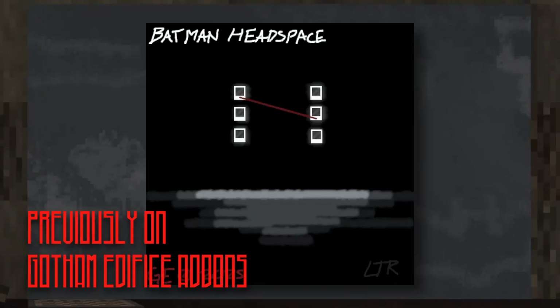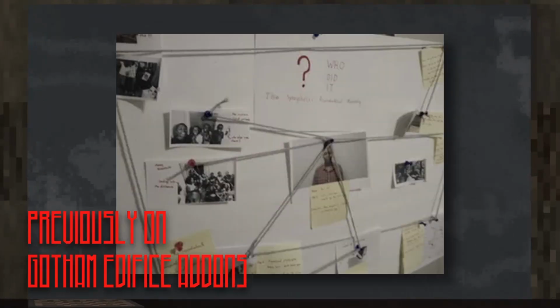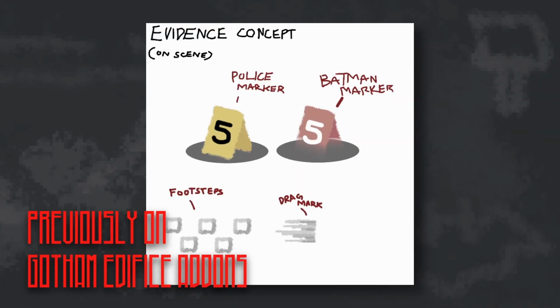So here you can see we wanted to make pieces of evidence with strings between them, just like you'd see on any stereotypical detective's board. There will be yellow cards from the police to give a starting point for the player, and anything the player finds on the scene will be marked by a red card next to that thing,